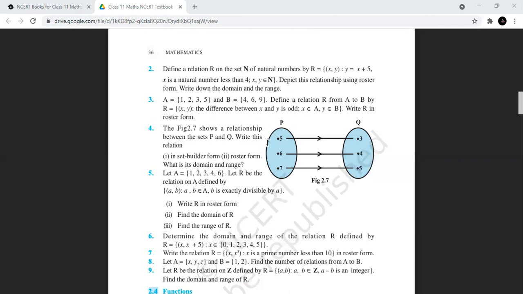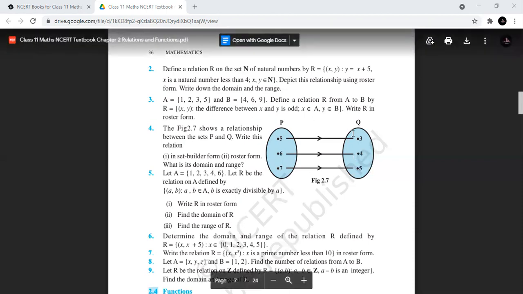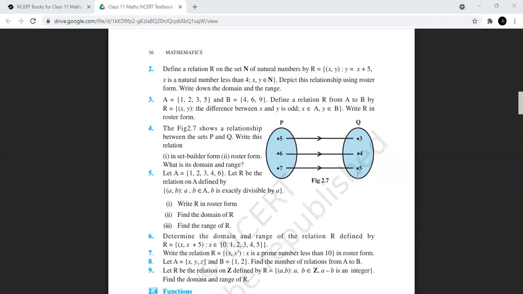Domain for this would be, domain has to be from the first set. So domain will have 5, 6, 7. Okay. And range will be the image. ये जिनसे mapped है, वो इनकी range हो जाती. Okay. So range will be 3, 4, 5. Then roster form, listing is easier. So first let's do the listing and then we'll define it. We'll frame the equation or set builder form for that.